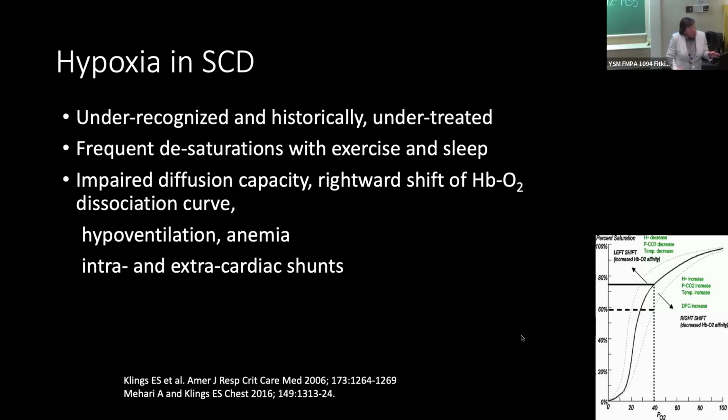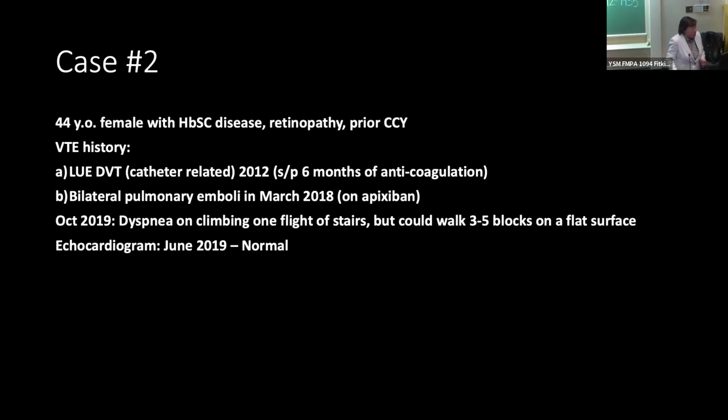And so there are multiple mechanisms for increased desaturation in this disease. We've already talked about atelectasis and hypoventilation. This happens in our patients all the time. Rib infarctions from prior vaso-occlusive crises cause chronic splinting, and there are abnormalities in the chest wall related to this. Everything in sickle cell disease used to be attributed to the anemia. And yes, there's an anemia component to the dyspnea and the hypoxia, but it's not all just that. There also may be both intracardiac and some extracardiac shunting within the pulmonary microvasculature, in case you were wondering where this might happen. That also leads to some hypoxia, or hypoxemia, in this population.